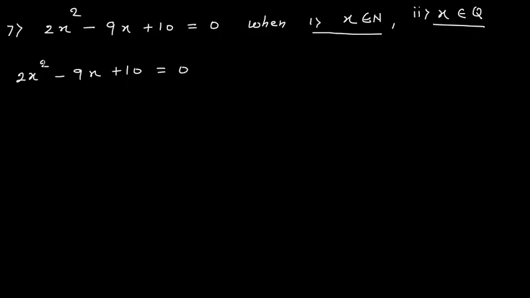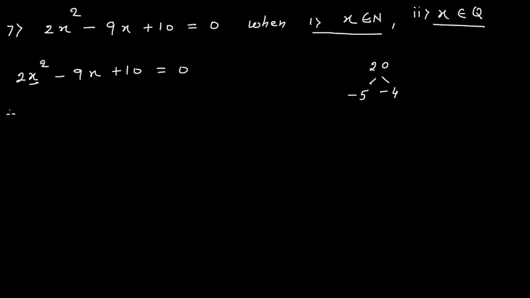Now in this problem the coefficient of x square is 2, it is not 1. So when you have a coefficient of x square as some number, then you have to multiply that number with 10, and what you get, you have to take factors of that. Now you have to take factors of 20 and their sum you should get as minus 9. As this is positive, both the factors will be either positive or negative. Now as here I need the sum as negative, both the factors will be negative. So for 20, 5 fours are 20 and the sum of 5 and 4 is 9. So you can say that I can separate this as minus 4 and minus 5.